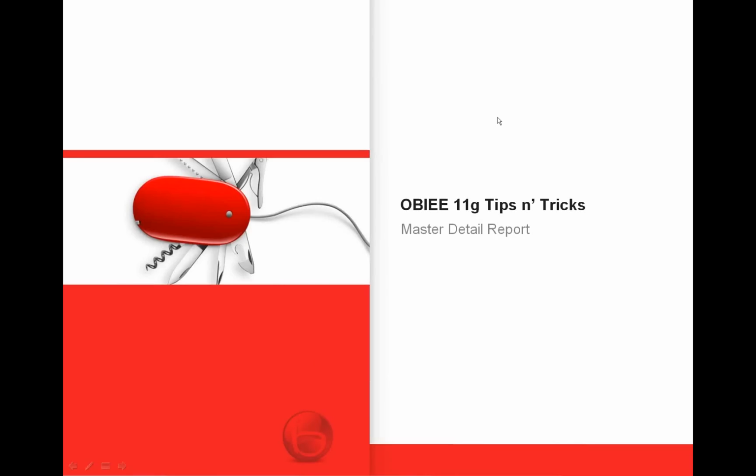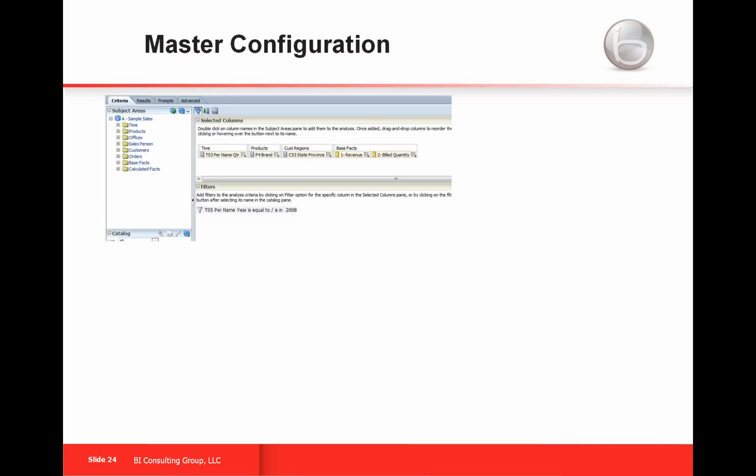Like Christian said, we've got a few more tips and tricks that we want to go into. We're going to take some of these you may have seen aspects of previously, and take a deeper dive into them and see what we can actually do with these things. So the first one is the master detail report. Many of you who have been on our other webinars would have seen some of this already at a high level. And we want to look deeper into the functionality